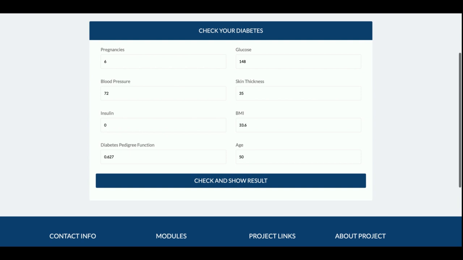If you check the Kaggle dataset, then on these values, Kaggle is saying the outcome is 1, meaning you suffer from diabetes, you are diabetic.